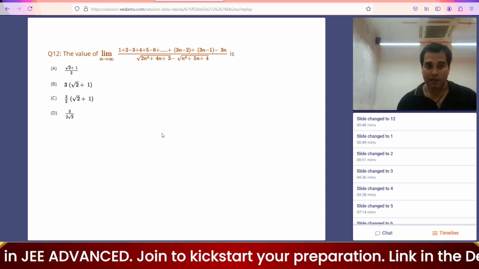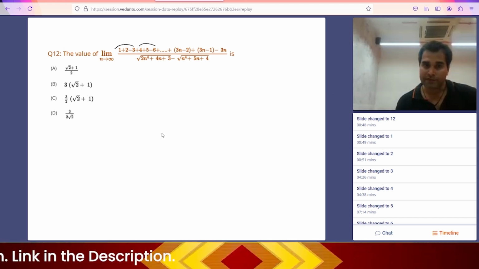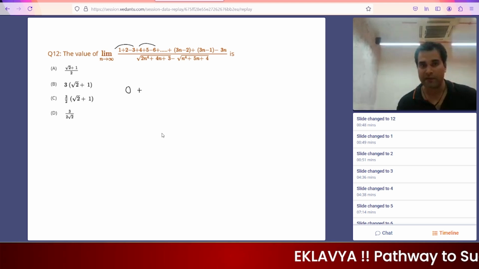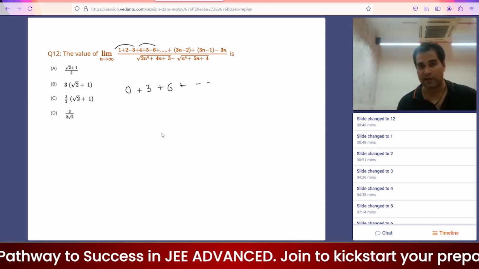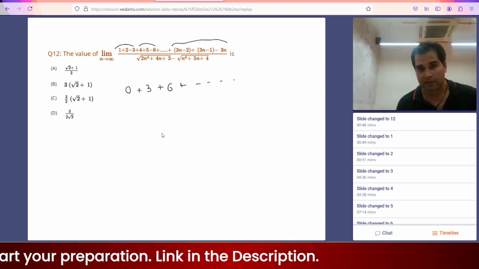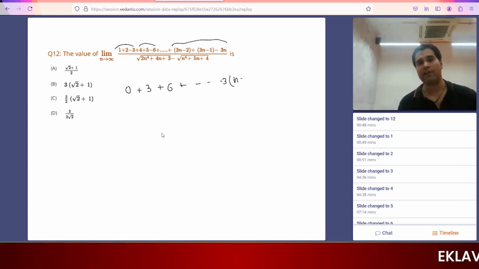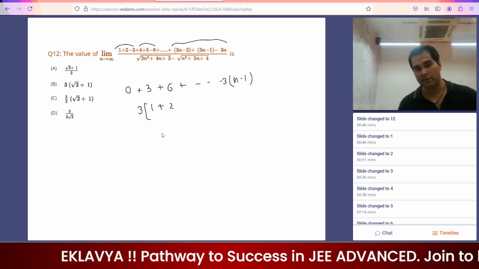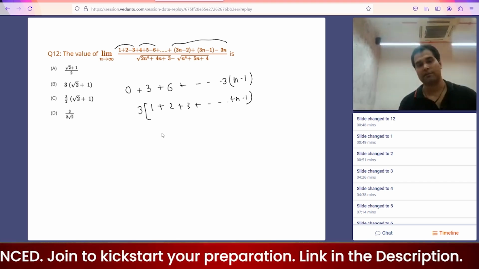Now, question number 2. Here 1 plus 2 minus 3 is 0, 4 plus 5 is 9, 9 minus 3 is 6. Again the next 3 terms give 6, and last here 3 cancels out, and 3n minus 1 minus 2 gives 3 times (n minus 1). Taking 3 common in the numerator, this means 1 plus 2 plus 3 plus up to n minus 1,